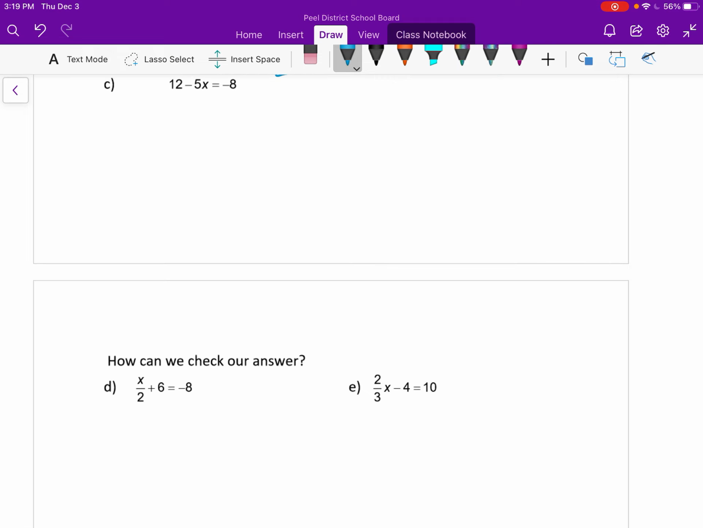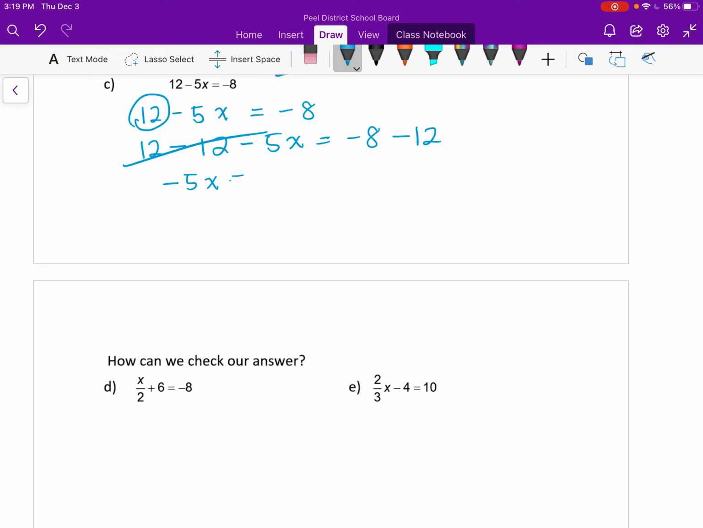Similarly, we're just moving on, and now instead of positives, we're going to use negative numbers. So you have 12 minus 5x is equal to negative 8, right? First things first, I want to get rid of this 12 over here. So I'm going to say 12 minus 5x is equal to negative 8. I'm going to make sure I put a negative 12 on this side too. Cross those out. I'm going to have minus 5x is equal to negative 8 minus 12, which is equal to